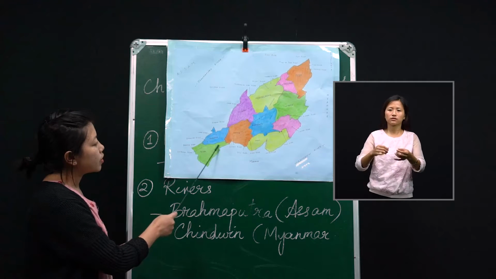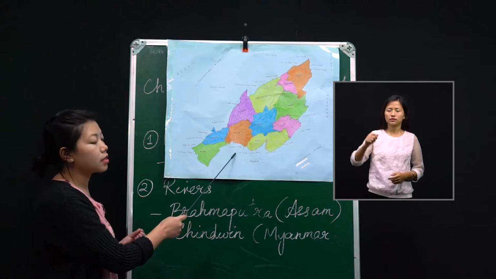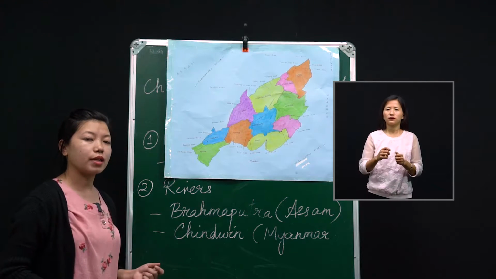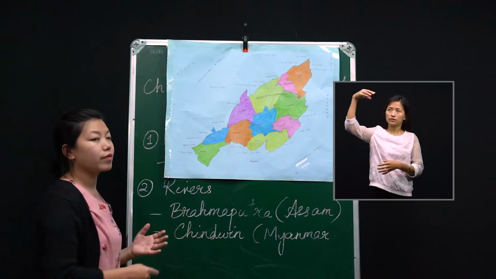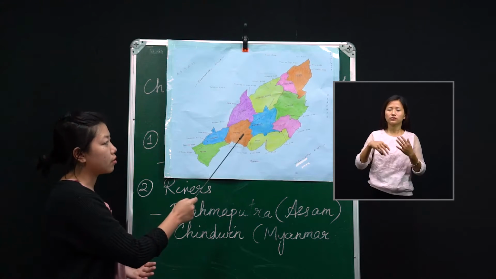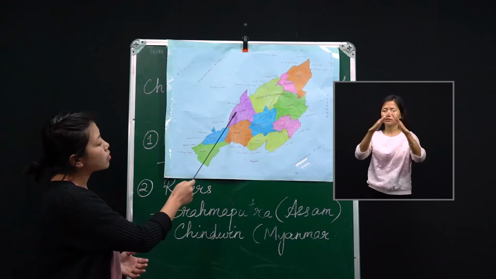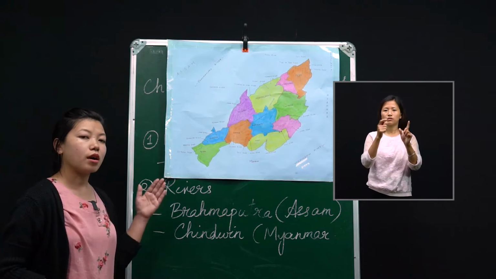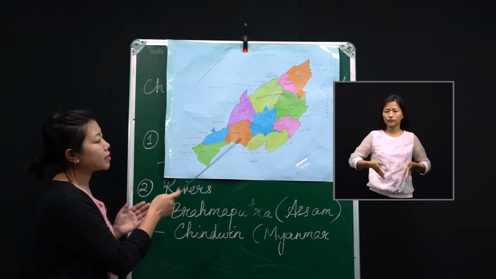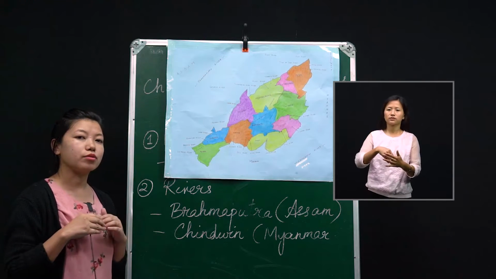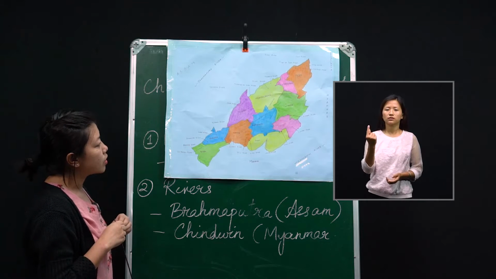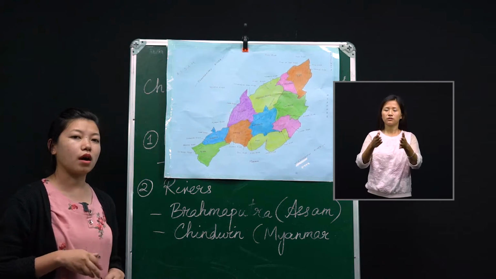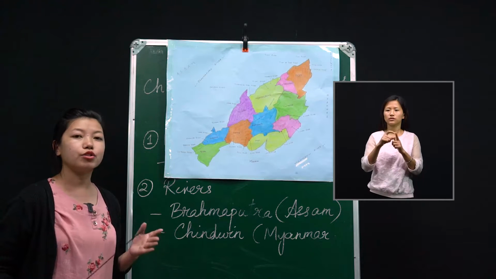Now coming to Kohima, we have the Zitza river, and in this Zitza river there is a hydroelectric project which used to provide electricity to Kohima town. Then coming towards Wokha, we have the Doyoung River. When the Doyoung River enters Nagaland, it divides itself into 2 rivers. So the two tributaries of Doyoung River are the Chudi River and the Chubi River.